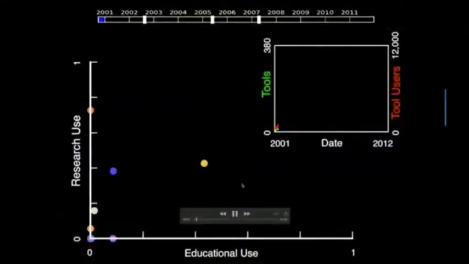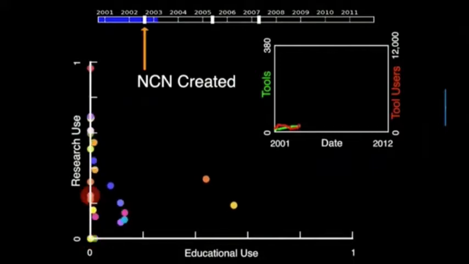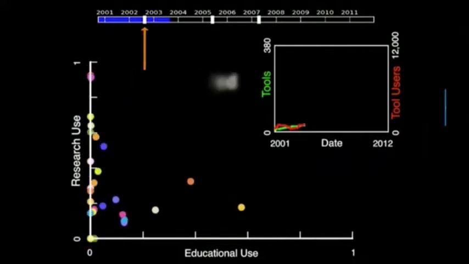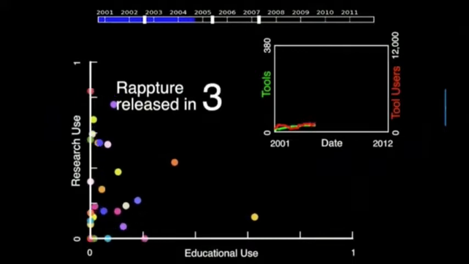All right, so here is a plot of tools. You can see when a tool is first invented, created, it shows up as a red flash. So a lot of the tools are starting up at the origin. Some start up kind of on the research axis. And you heard a little bit, I showed you earlier, that Rapture toolkit that you could use to drag and